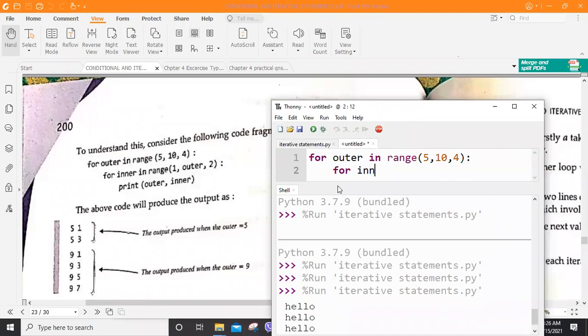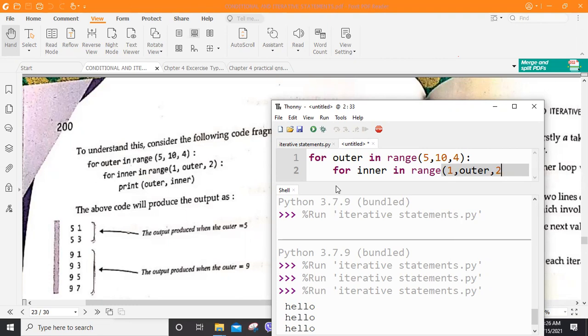And now for inner in range is a function. So 1, see here, now I've used that outer variable. That means whatever value the outer variable receives from this outer for loop will be assigned here. Just notice this part. Previously we were using different values, like the starting point is either the lowest or highest value, and the ending point is highest or lowest as well, in the first and second parameters. Till the previous class, we were studying it that way.